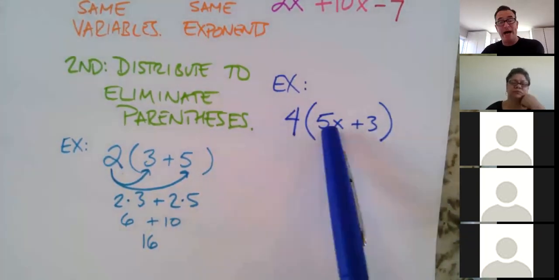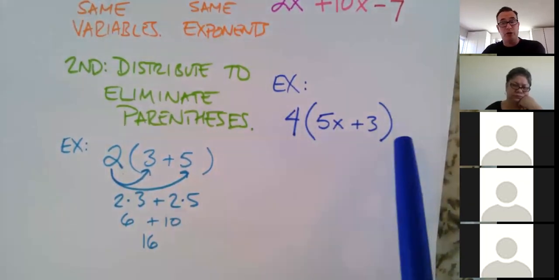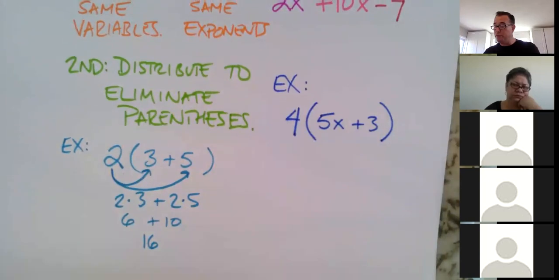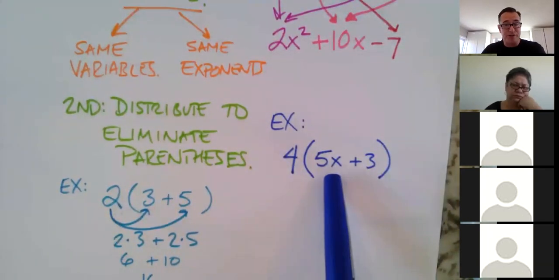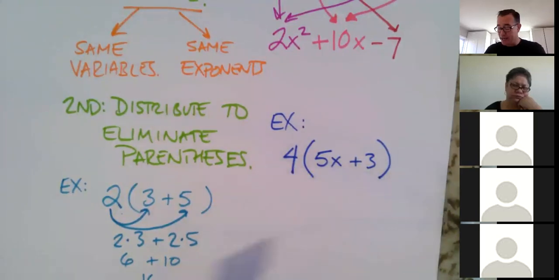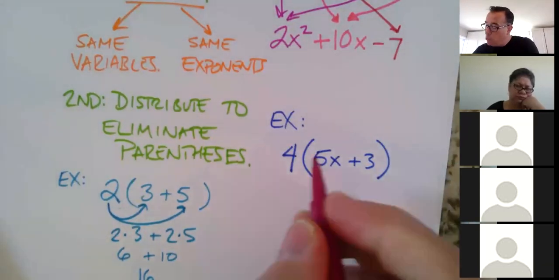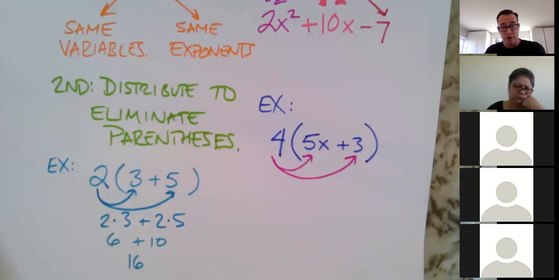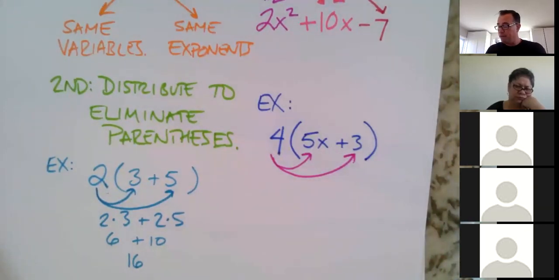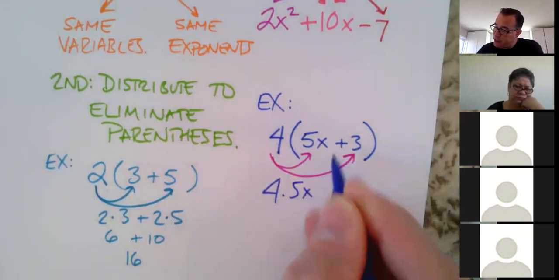So I can't combine them inside here, which means to simplify, I'll have to distribute and then see what I can do. Normally what you do first, you look and see if you can combine any like terms. Then you look for parentheses, and if there's anything on the outside, you will distribute to try to eliminate the parentheses. So I will be taking that 4 and multiplying it with both of those. So I will have 4 times 5x, 20x,